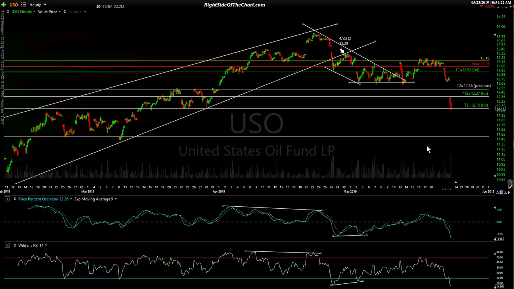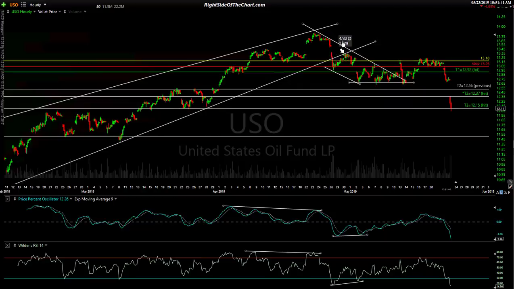So most importantly, have a trading plan. What you're going to buy, where you're going to buy it, why you're buying it, where you plan to exit that trade if you're right, and where you plan to exit if you're wrong. And I'm using this example because we shorted USO